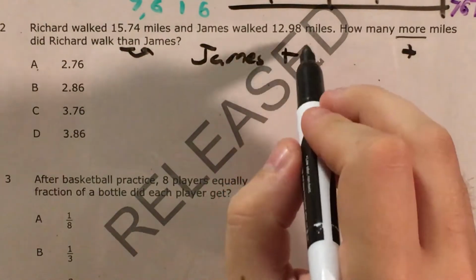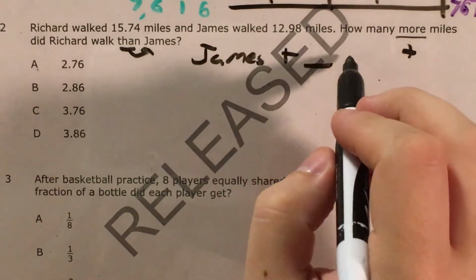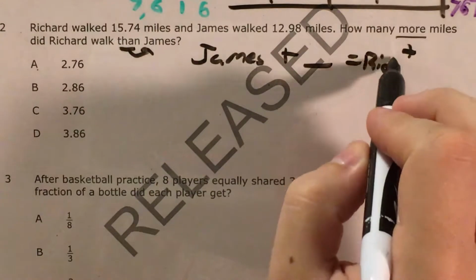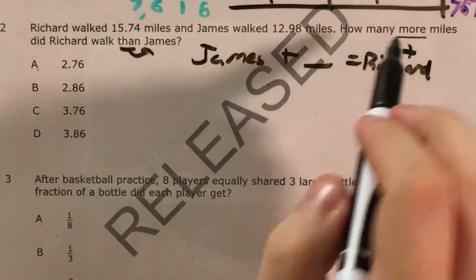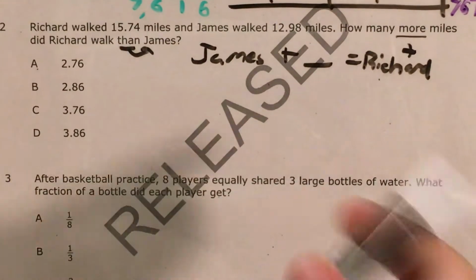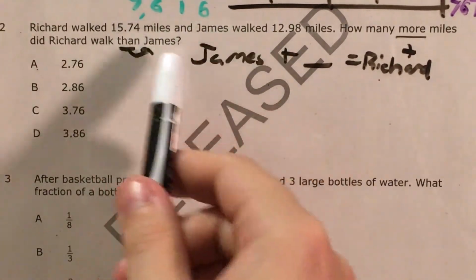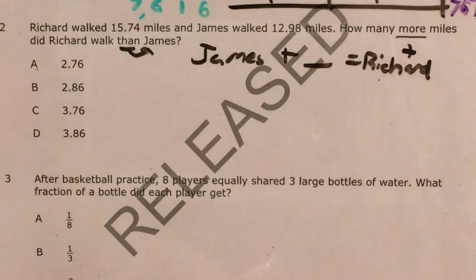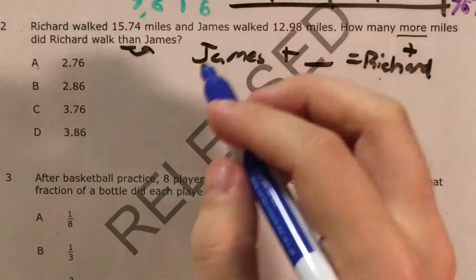how far James walked plus some distance that I don't know is going to equal how far Richard walked. And this is what we're trying to find. How many more miles did Richard walk than James? This is just how to translate all of our words into a quick number sentence that I'm then going to plug some numbers into. So now it says that James